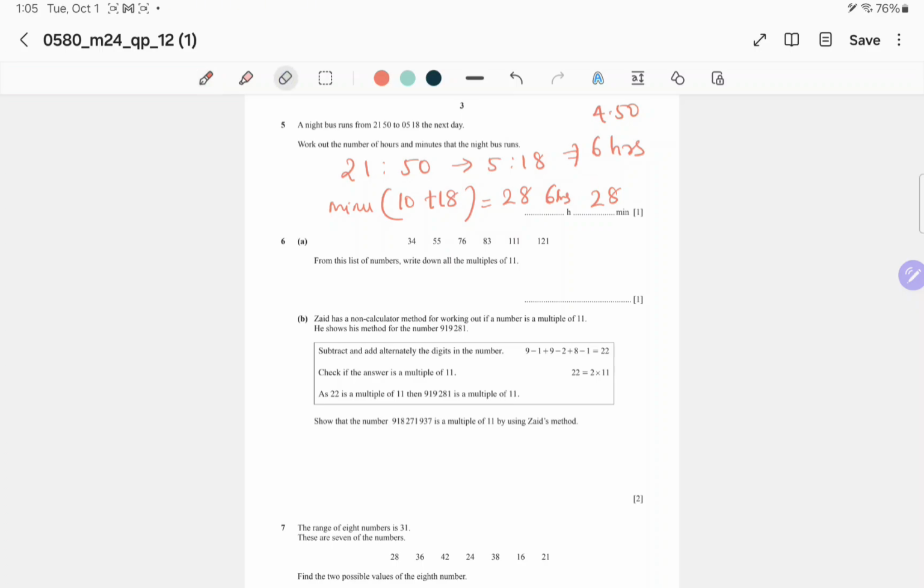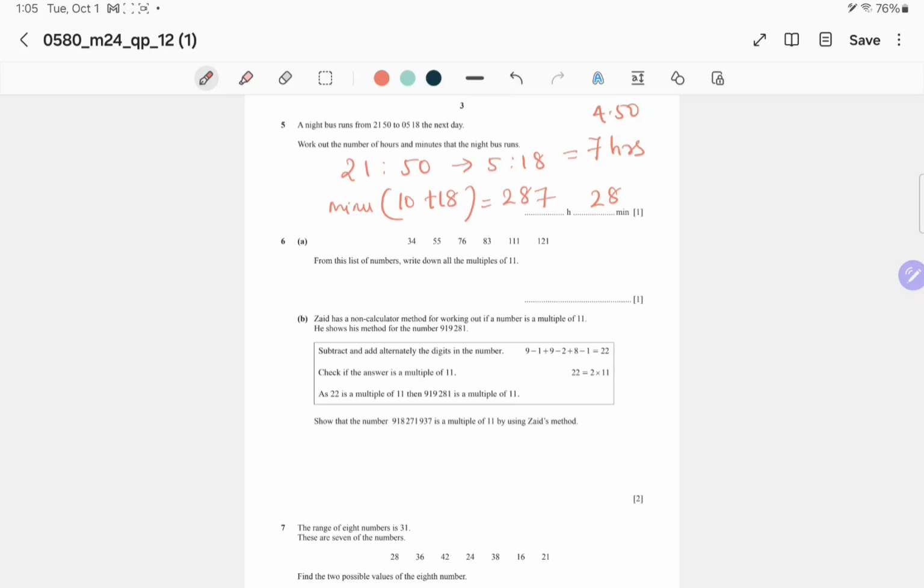I think I am wrong with this question. Can we do it again? It's 7 hours. I made a mistake. So we will correct it. It's 7 hours. And here too I made a mistake. So it is 7 hours and 28 minutes. Now we will go to the next question, sixth question, which is there are a group